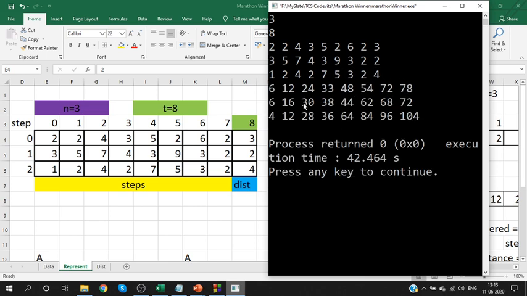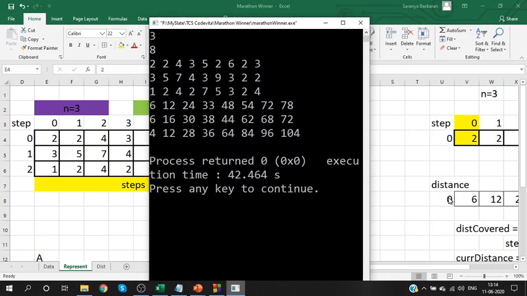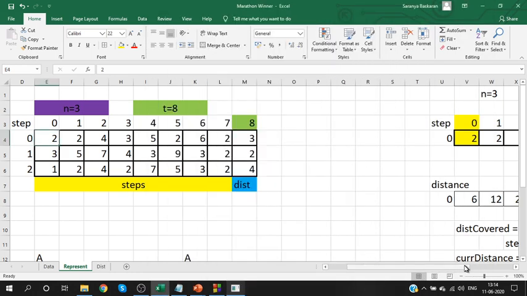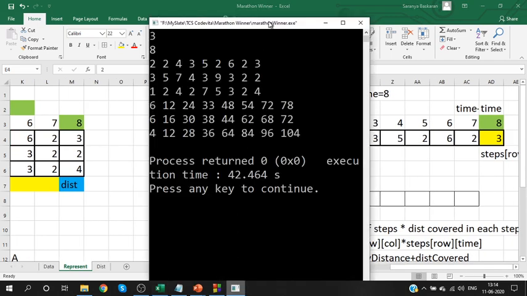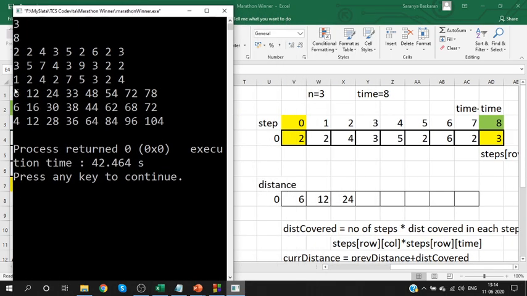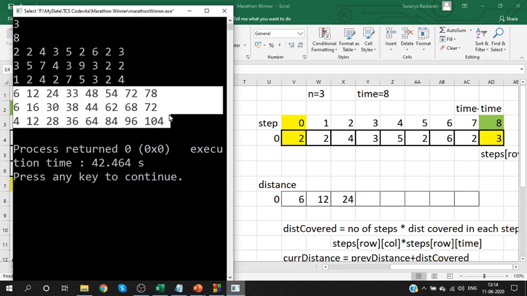Take a look at the output. This is almost what we calculated, right? When we calculated, we got the values 6, 12 and 24. And here also, we get the values 6, 12, 24 and further calculations also. Guys, if you need even more calculation examples, let me know. I'll give you some more examples in the doubt clearing session also. For now, if you know the calculation, fill up the table.